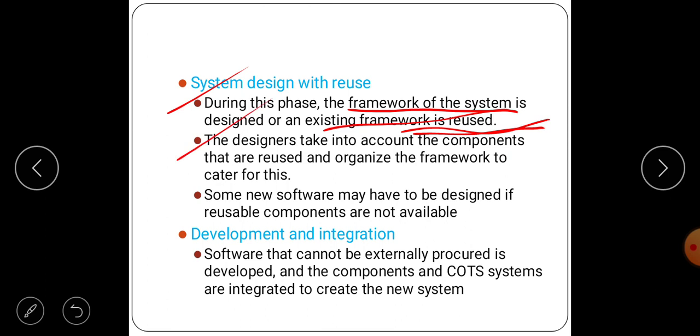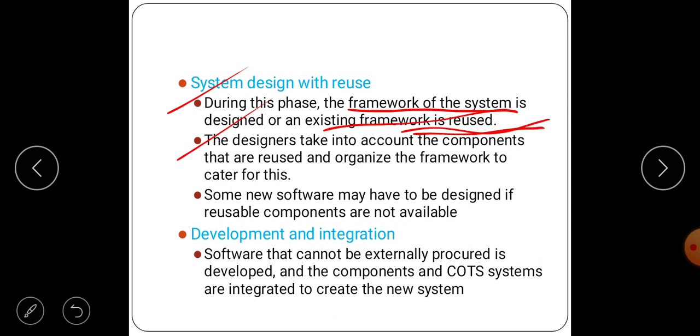The designer takes into account the components that are reused and organizes the framework to cater for this.